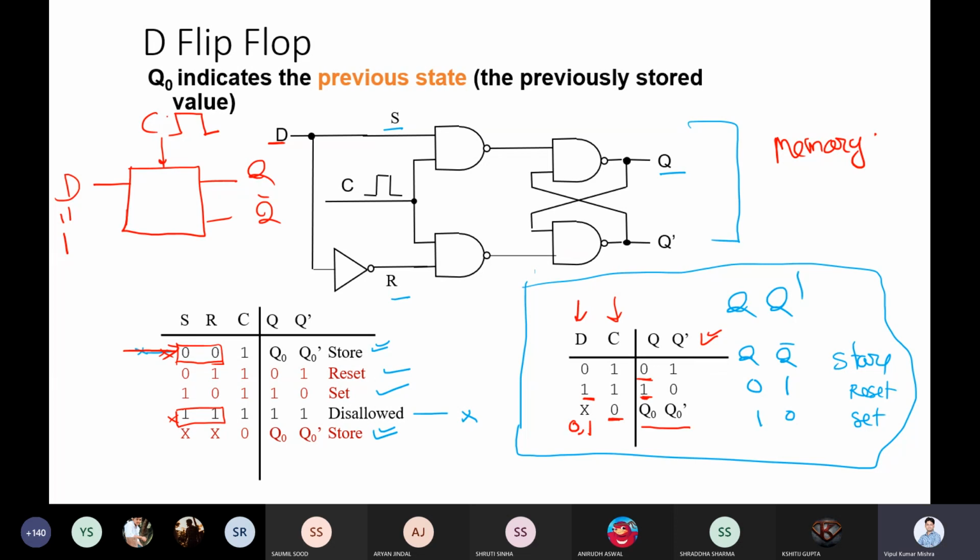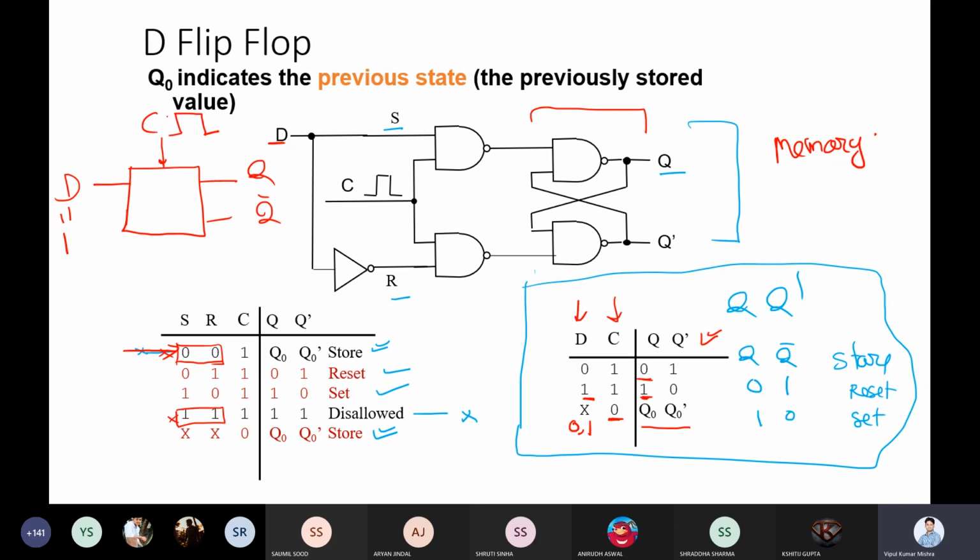So now we start with the SR latch, where you have only this much part. Then we found this latch has two problems. One is control; we do not have any control. And second, we have a state that is a disallowed state, or you can say forbidden state, or unwanted state, whatever name you want. Then if we want to use this only as a memory cell, what we have done is we added the S input with a NOT and fed it to the R. So it will act as a memory cell. Along with that, to give the control, we have added a clock over there, right?